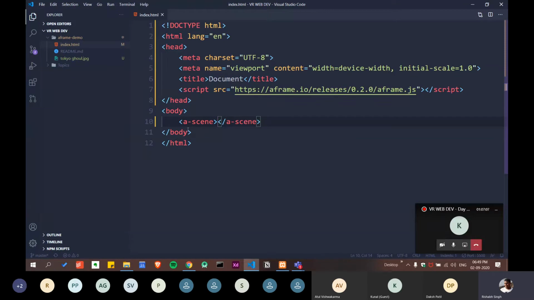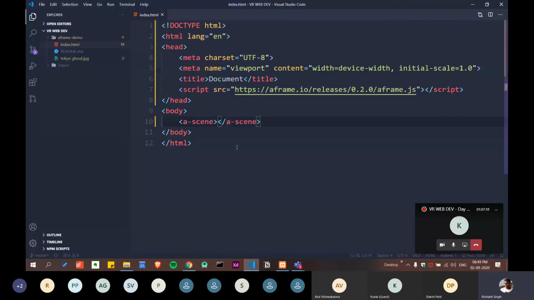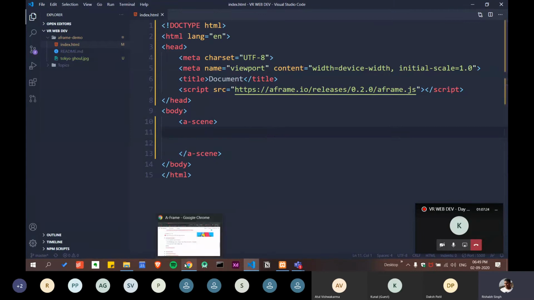We make sure the spelling is right because I make a lot of typos. Okay, the spelling is right, let me expand this tag, and it's good to go. Now when I open it, as you can see, here is the A-frame logo, which means that our website is able to run A-frame.